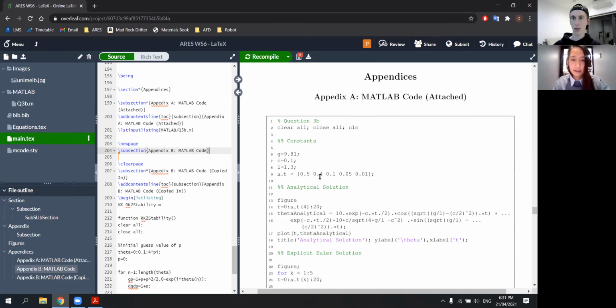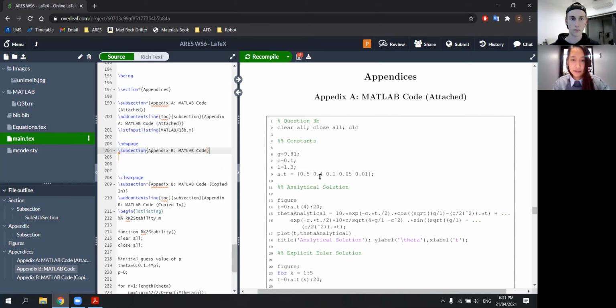And that's just like the heading for it. And then now all I have to do is insert that MATLAB code in. So lst input listing, and then it's just the directory name, MATLAB, and then the code name, q3.b.m. And then when we refresh that,